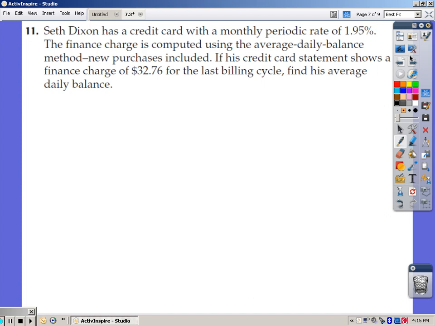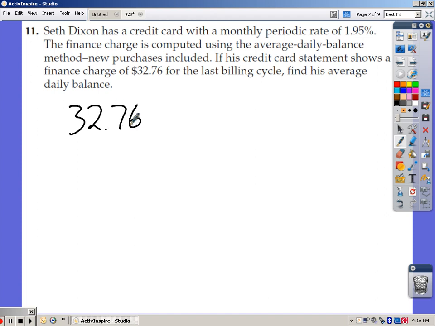Seth Dixon has a credit card with a monthly periodic rate of 1.95%. The finance charge is computed using the average daily balance method, new purchases included. If his credit card statement shows a finance charge of $32.76 for the last billing cycle, find his average daily balance. Okay, just like the example we just worked together, all you had to do was take the finance charge,